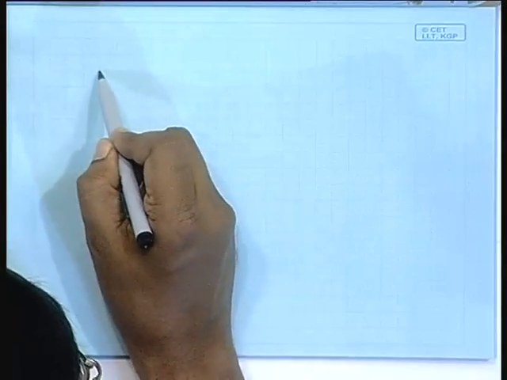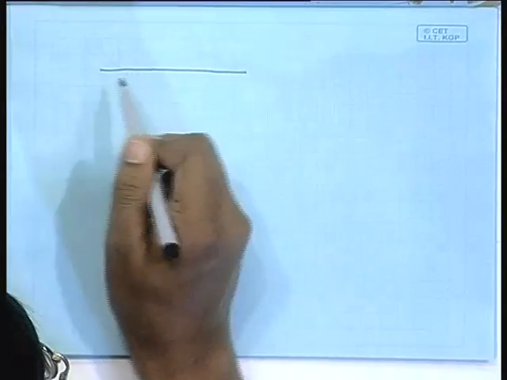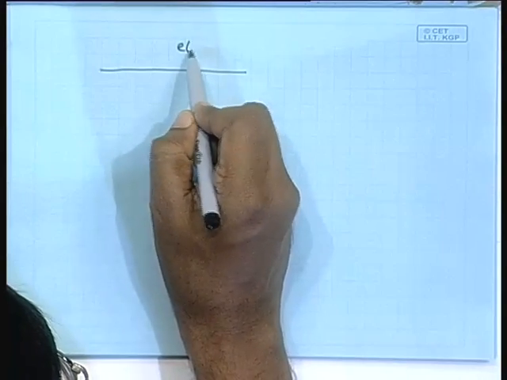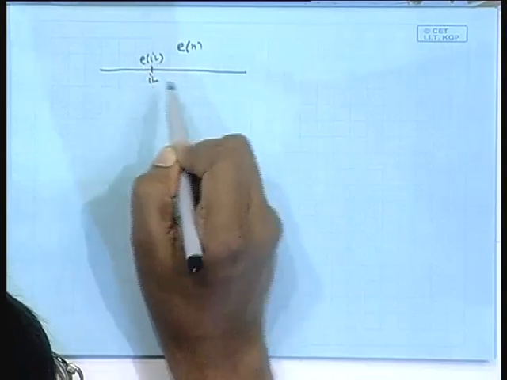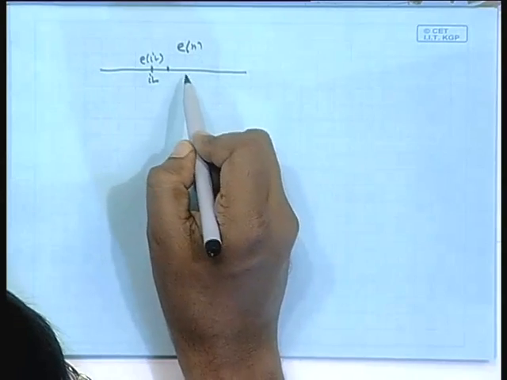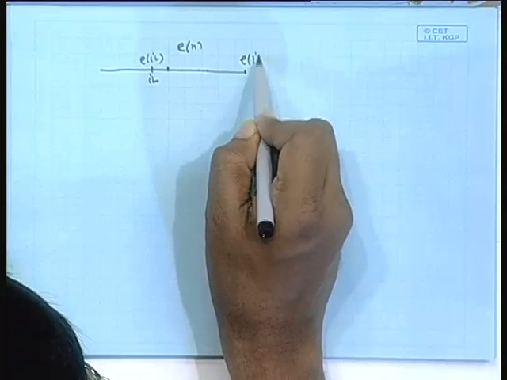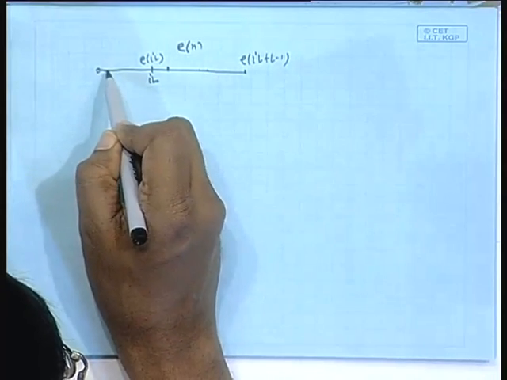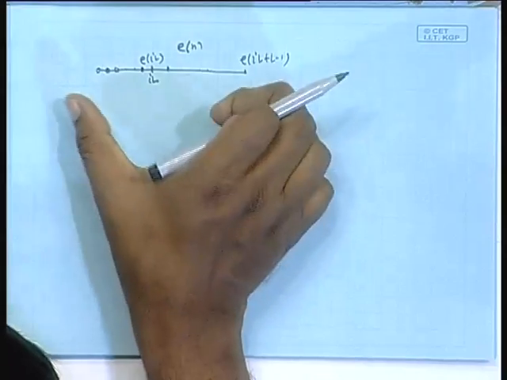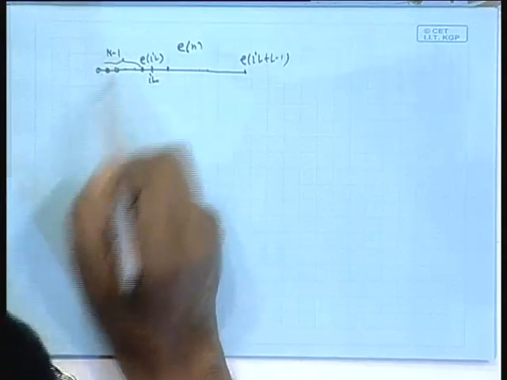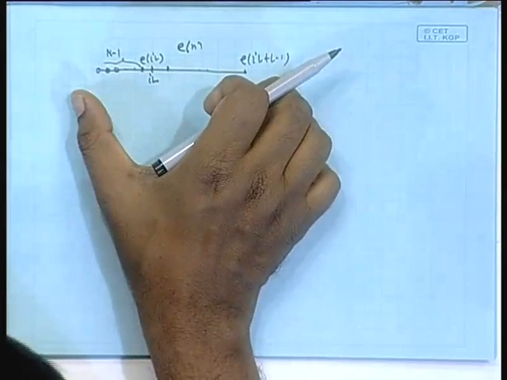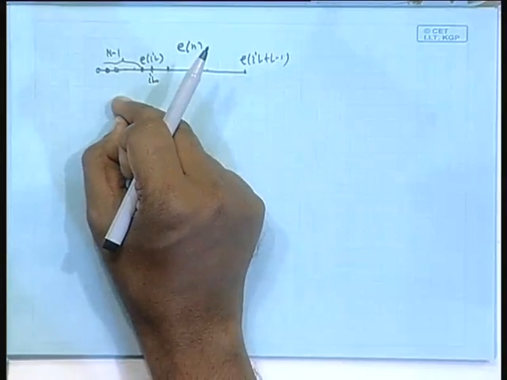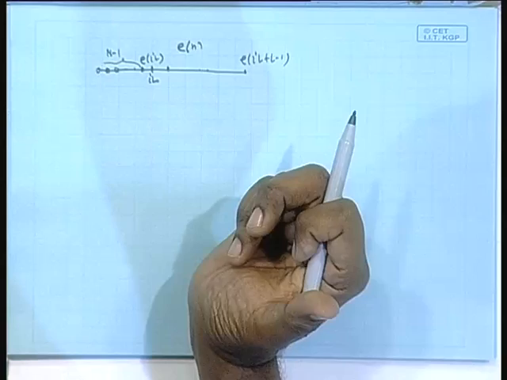And in the weight update part, I will now show you how to do it. Please see the things. You have one sequence, say E, and in this sequence, suppose this point is IL. So, at this point you have EIL, up to say EIL plus L minus 1, and suppose I have 0, 0, 0, up to 0. How many zeros? N minus 1 zeros I put. What is the length of this vector? L plus n minus 1, that is capital M, same as that data vector.